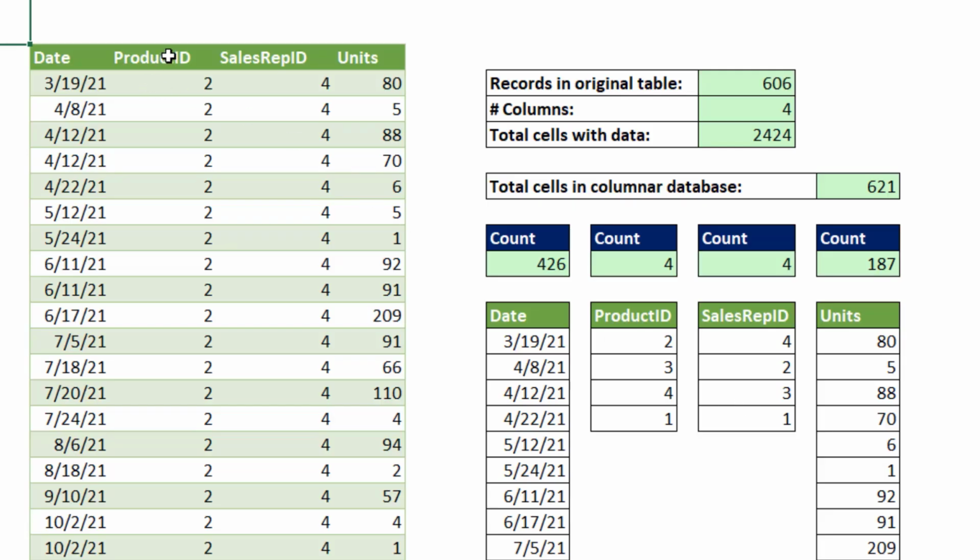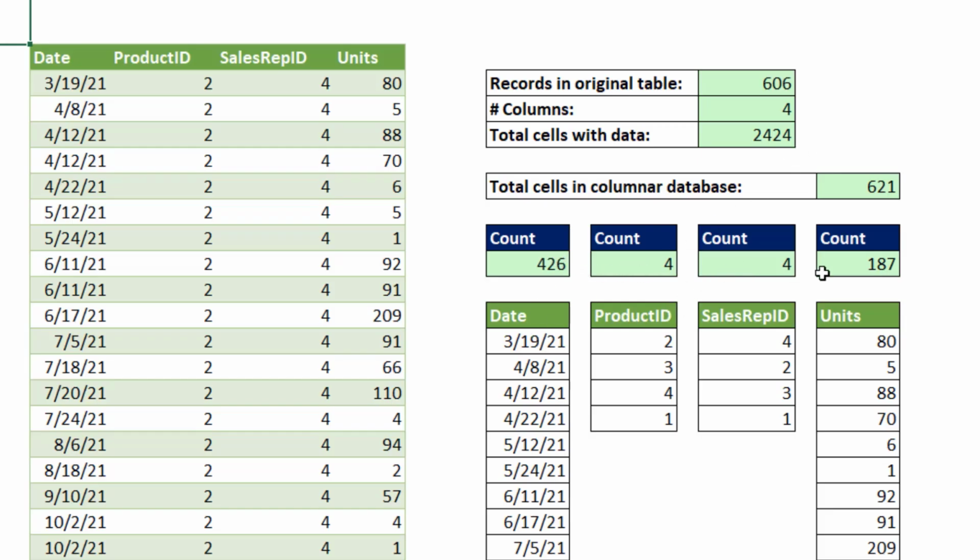So product ID is going to have 7.7 million rows, but when it gets stored in the columnar database, they're only going to store the unique items. Now, there's also a behind-the-scenes map that determines how many rows there are that it can use to reconstruct when it makes calculations. But on the storage side, our table over here that originally had over 2,000 rows, when we